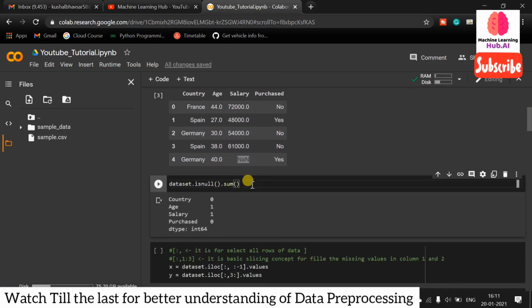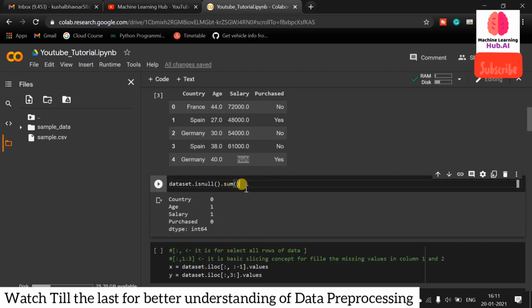First of all we need to understand what null values are. In null values there is basically no value available at that location, which we can consider as a NaN value. First we need to find where the null value is located.